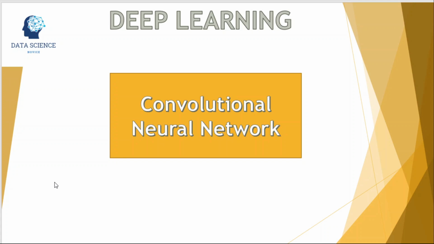So in the last video we talked about artificial neural networks and we implemented it using TensorFlow. In this video we are going to talk about convolutional neural networks and then we build our own CNNs using TensorFlow. So let's talk about why we need CNNs, why we can't use ANNs to deal with the image